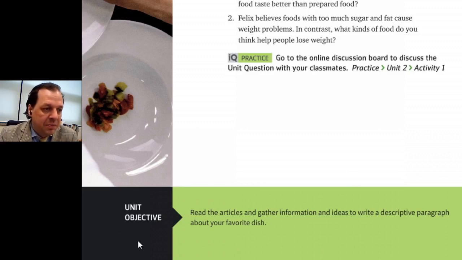That is the unit objective, but we're not going to spend a lot of time with our writing skills. So this is going to be our writing section. As I explained last class, last lecture, the writing section is voluntary. If you would like to complete it, great, good for you, excellent. But I'm not going to be expecting you all to write full paragraphs in the writing section. We're going to concentrate on the readings and on the vocabulary and the grammar. Okay, so I'll explain that again when we get there.